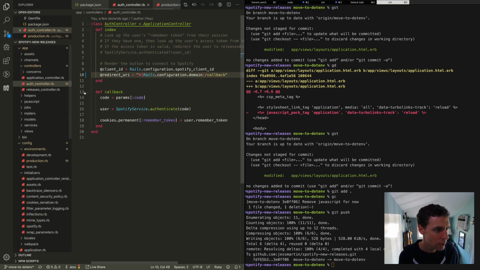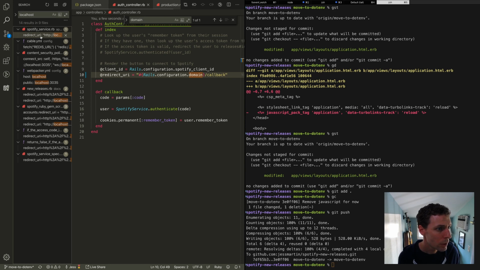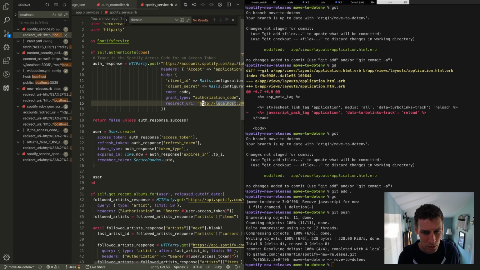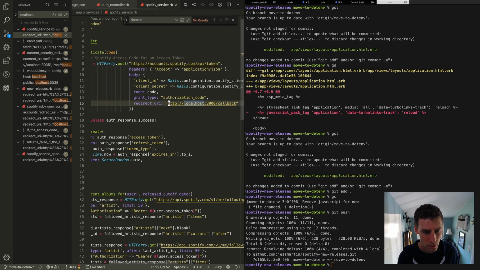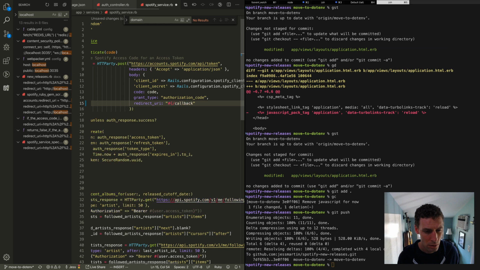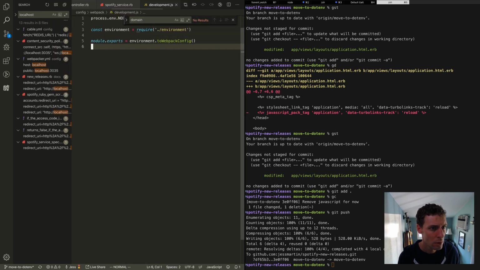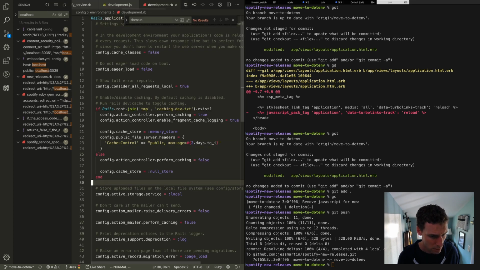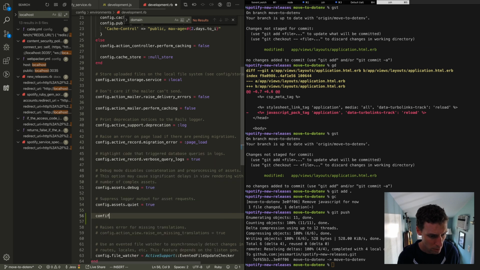I've only got 1 minute left. Okay, what's my localhost? Where else is this? Rails.configuration.domain. All right, get that in there. And we'll need to define that in development as well. Development.rb. Config.domain equals localhost 5000. Now that we're using Heroku local,